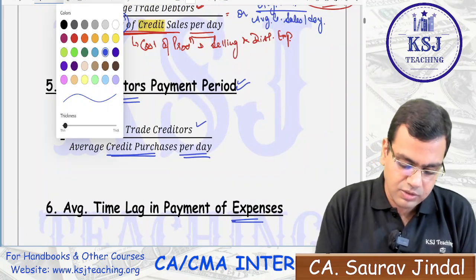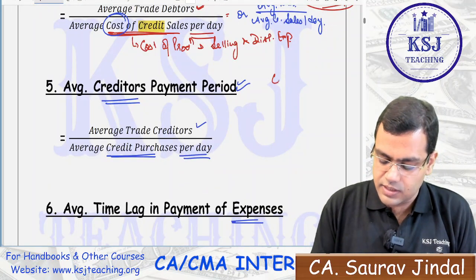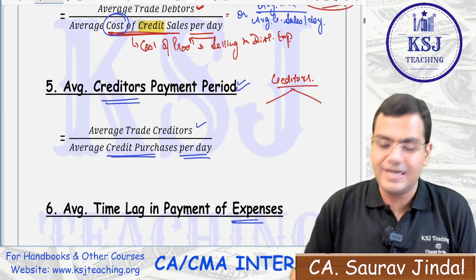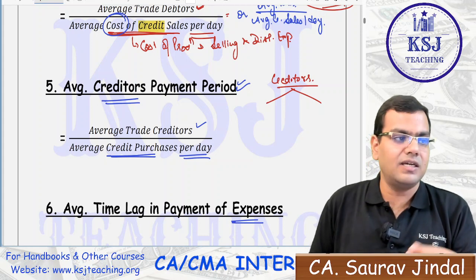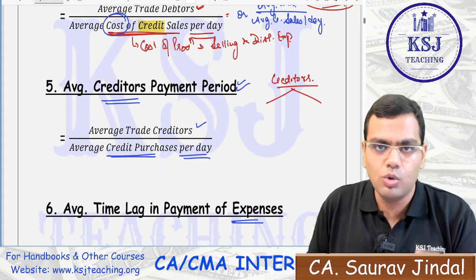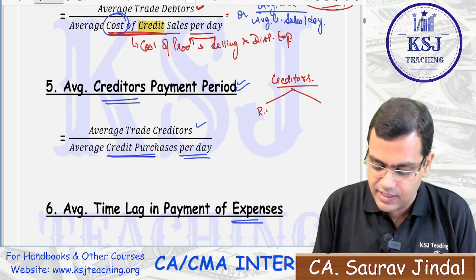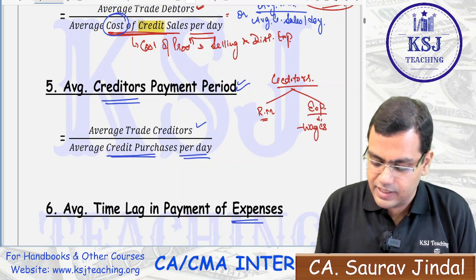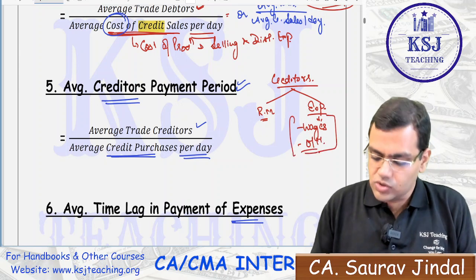Now when we talk about creditors, the creditors can be for two things. Who are the creditors? The creditors are the persons to whom we have to pay the money, right? The creditor is any person to whom we have to pay the money. That is a liability, right? The creditors can be for raw material, and creditors can be for other expenses. Expenses can be wages, right? Expenses can be overheads, right? So it is quite a possibility.